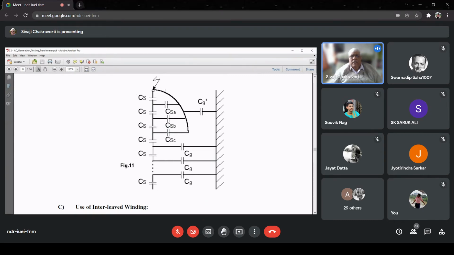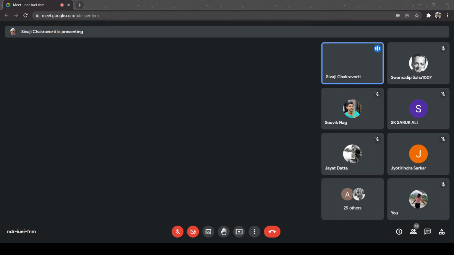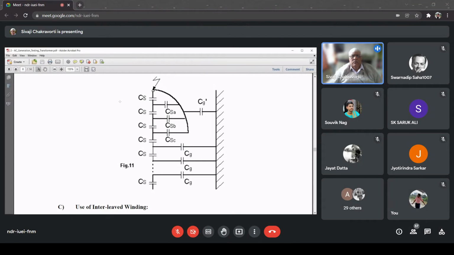So in this way, depending on the design of this static shield, the CS of the initial parts of the winding gets increased. Or in other words, CG by CS gets decreased. And therefore, the potential that was appearing across the initial part of the winding gets more uniform. And this is a very, very simple solution, and it is used not only in such transformers, but in all high voltage windings. I will show you a photograph where you can see how these static shields are used in such high voltage equipment.